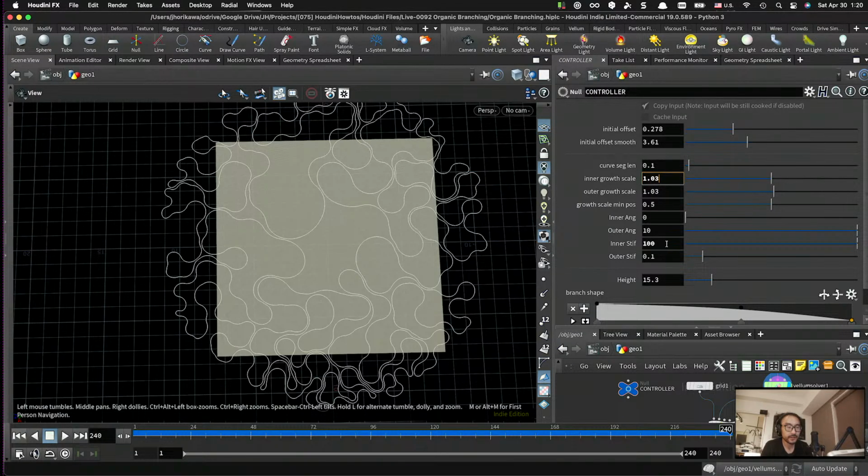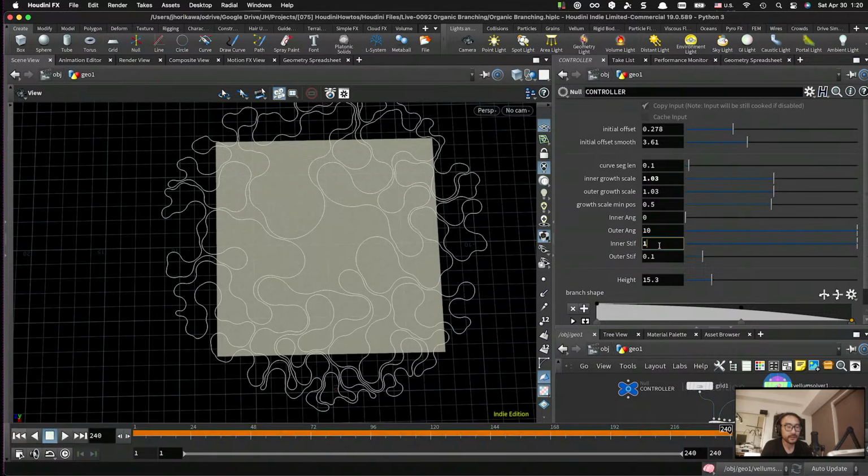Also set the inner stiffness and outer stiffness the same as well, just like we did previously, and then also set the angle for inside and outside the same, like 5 and 5,